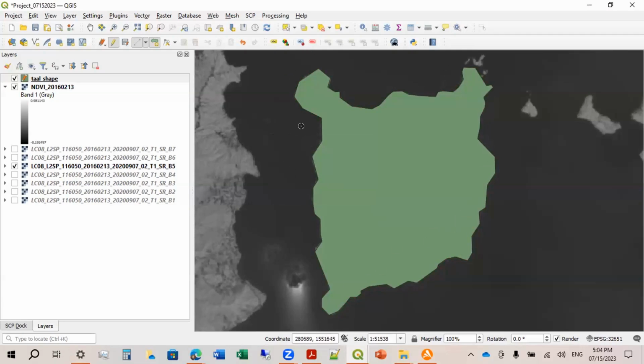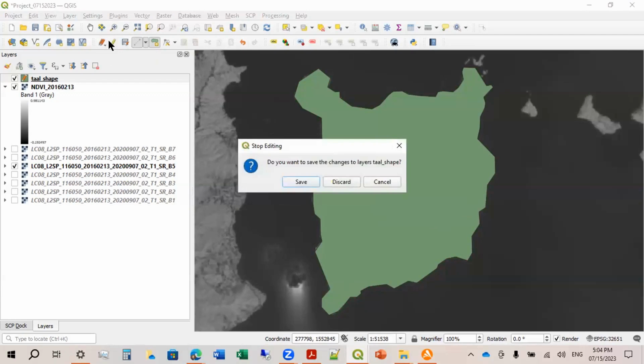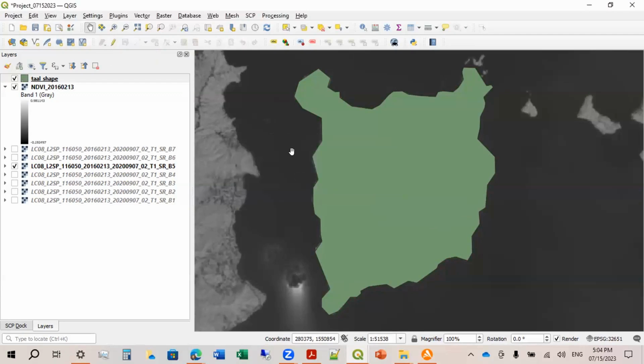Okay. So after this, you're now going to disable the toggle editing by clicking this again. And then you want to save it. Okay, now it is saved.